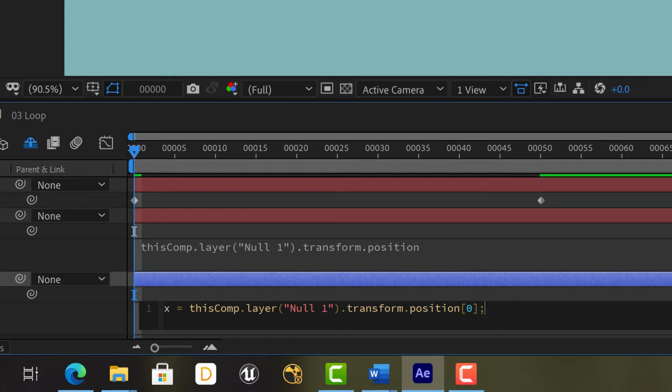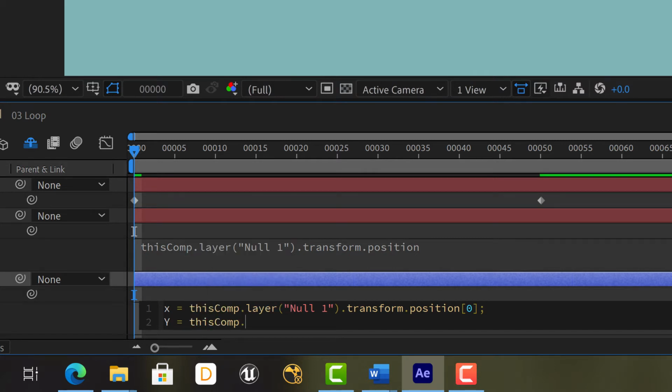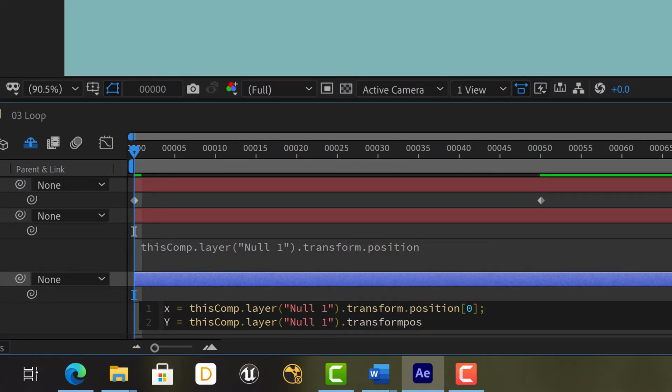Then let's create the second variable. y equals thisComp layer null1 transform position